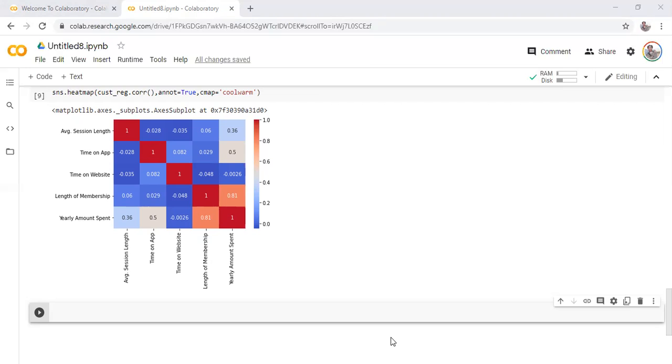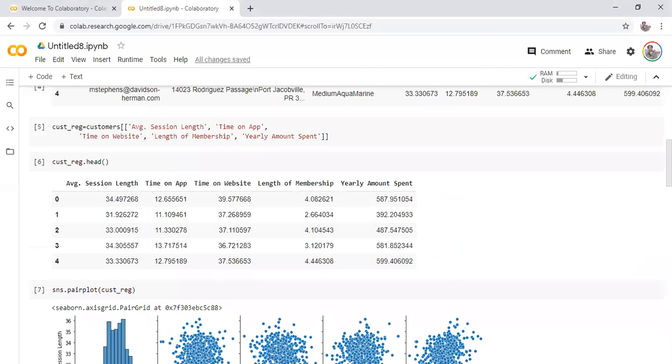So out of these columns that we have, let me just go through it. Okay, so from this column, yearly amount spent will be dependent on all these four values. So I'll create one table for yearly amount spent, and then another table will have four columns which will have all these values. So that will be the independent table. Yearly amount will depend on all these four values.